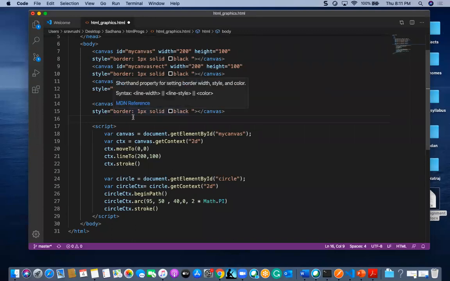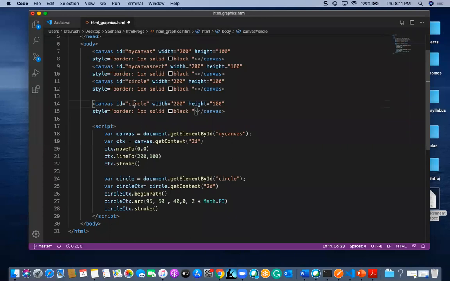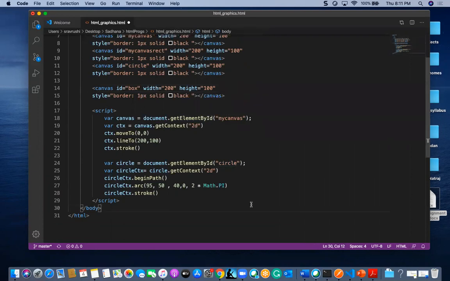For that I am going to take one box, a box kind of ID, and I am going to fill this with fill text, a function which will let us enter the text into this canvas. So how to write that fill text, first we want to take